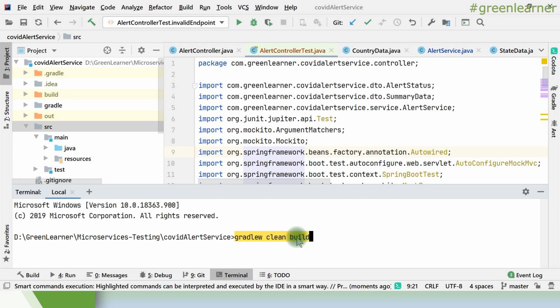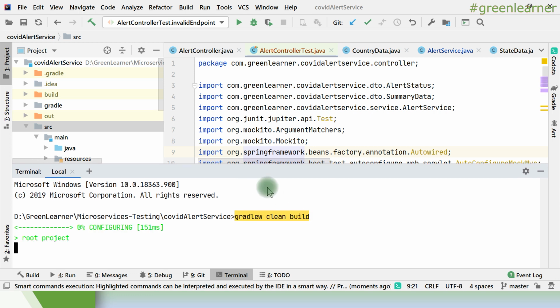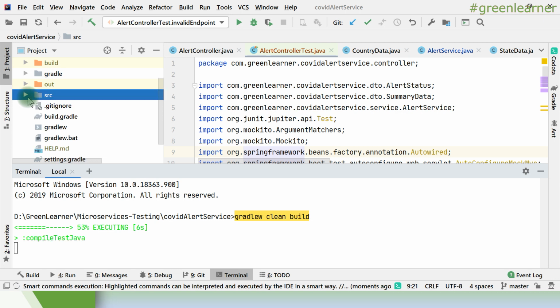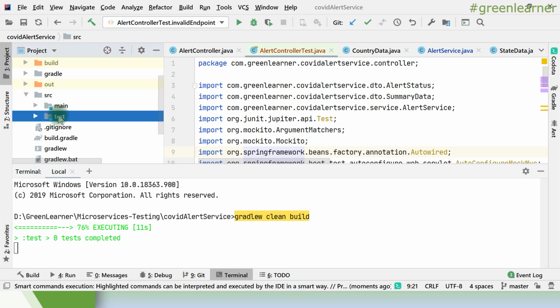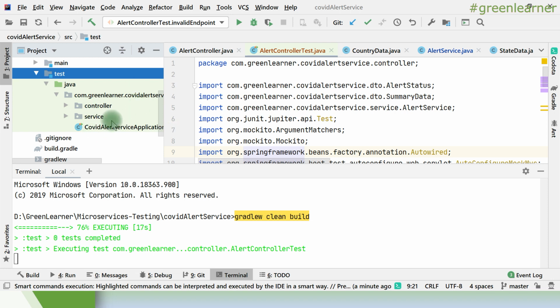clean build. If I execute this one, it is going to execute all the test cases and give us the proper report, right? Clean build, and wait for the things to be executed. It is going to pick the tests, whether it is Gradle format or Maven that you are using. It looks for the @Test annotation in the test package here, so it is going to scan this folder, this package, and everything where it finds the @Test annotation, it is going to execute that.